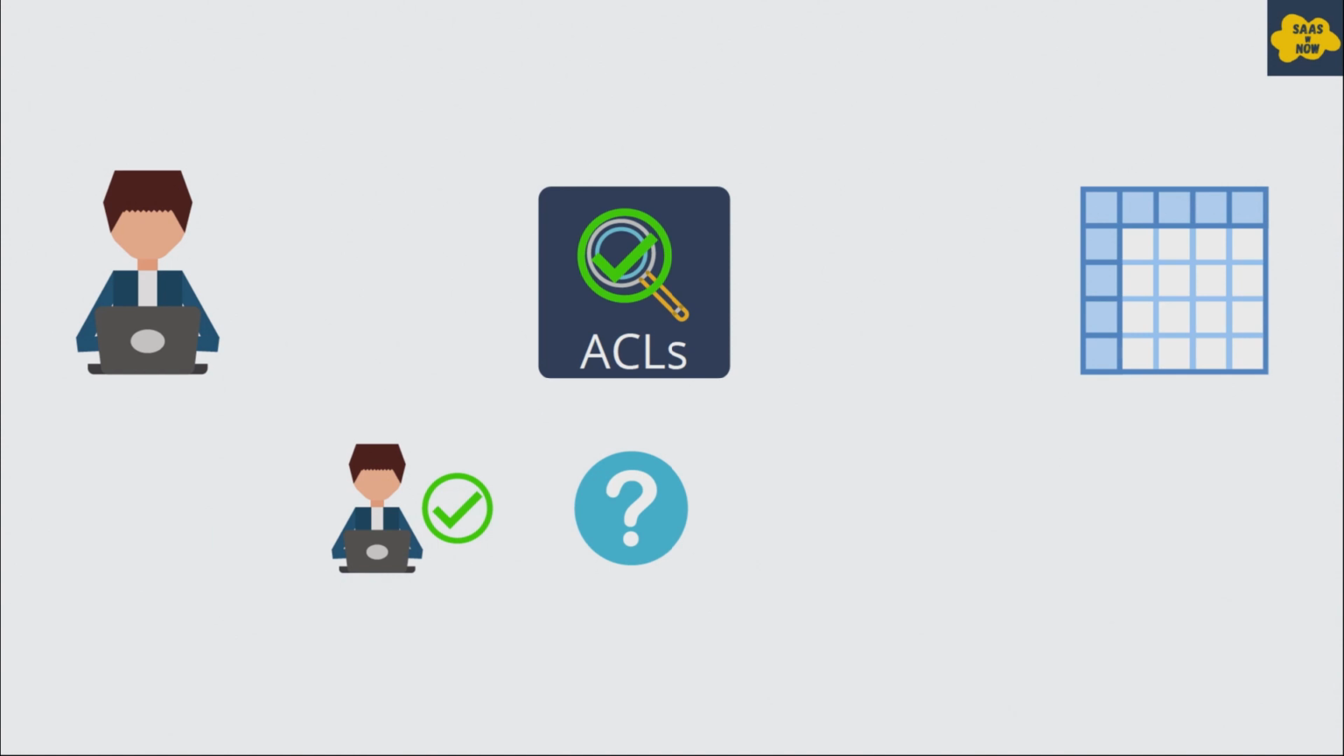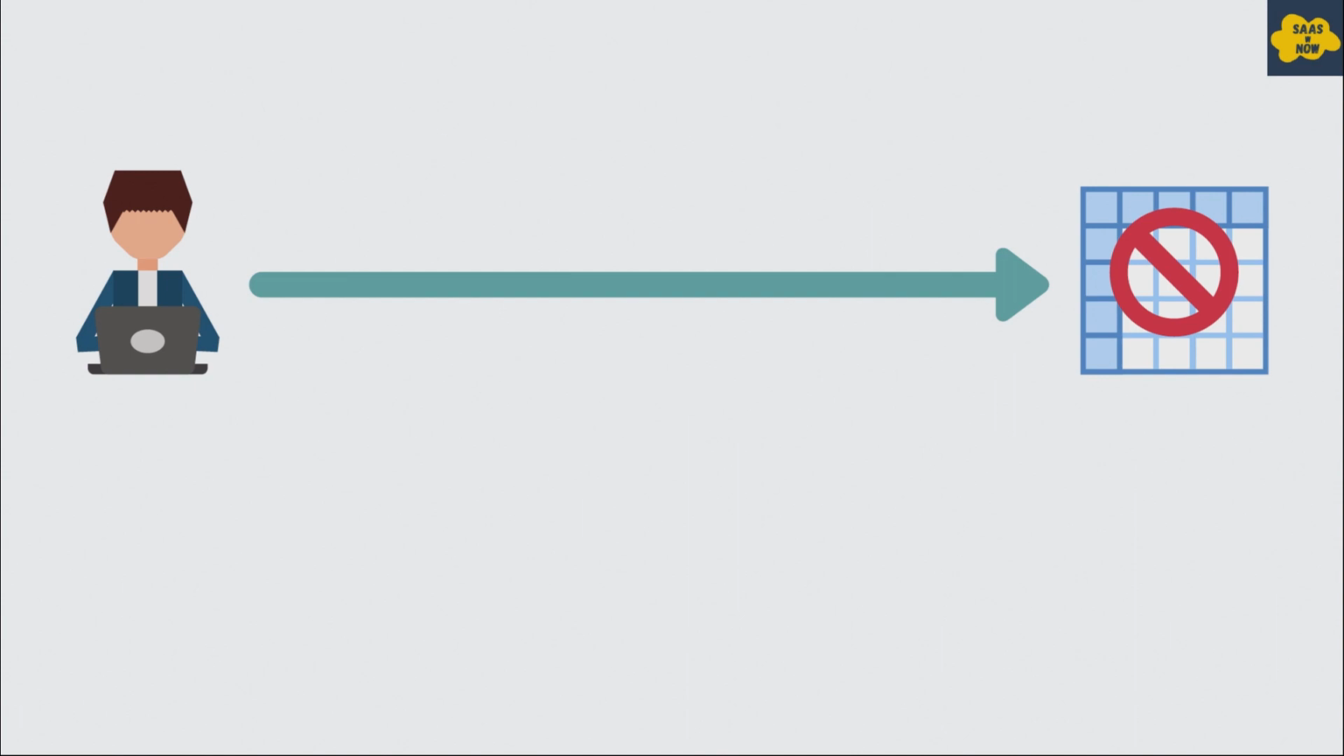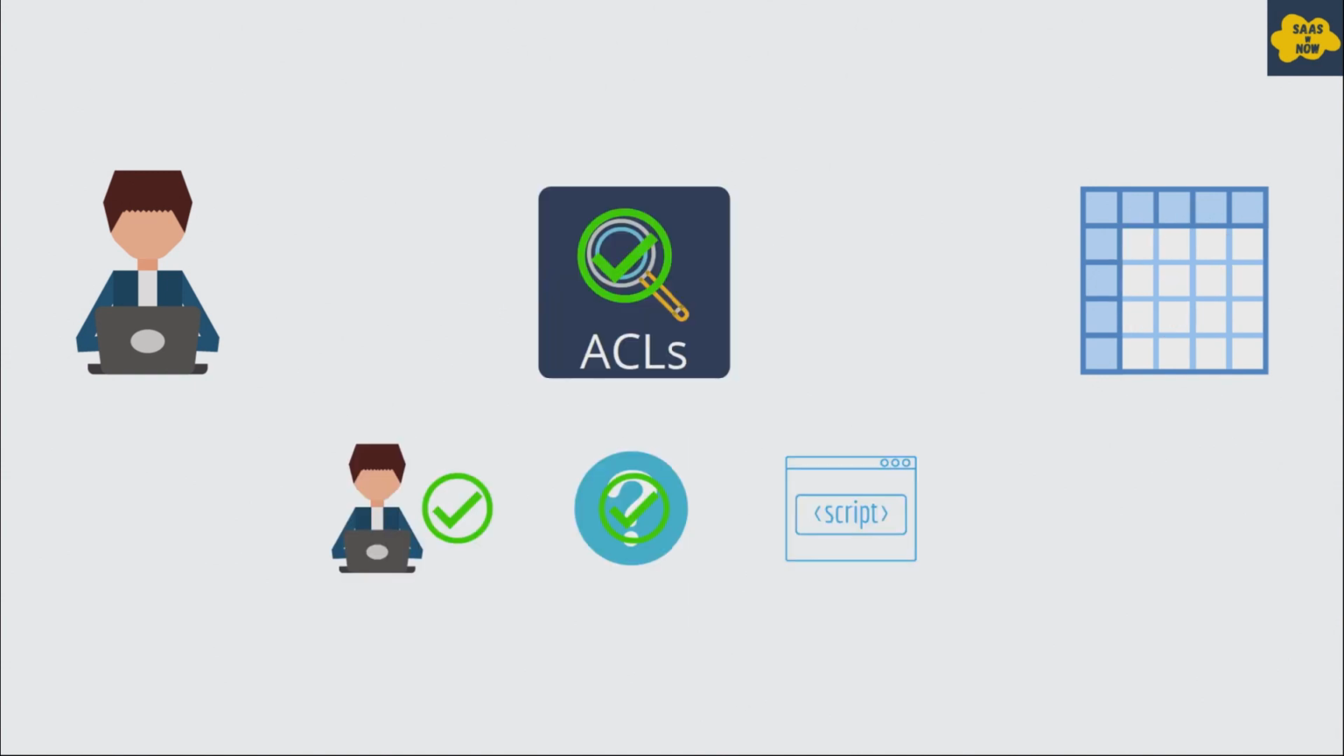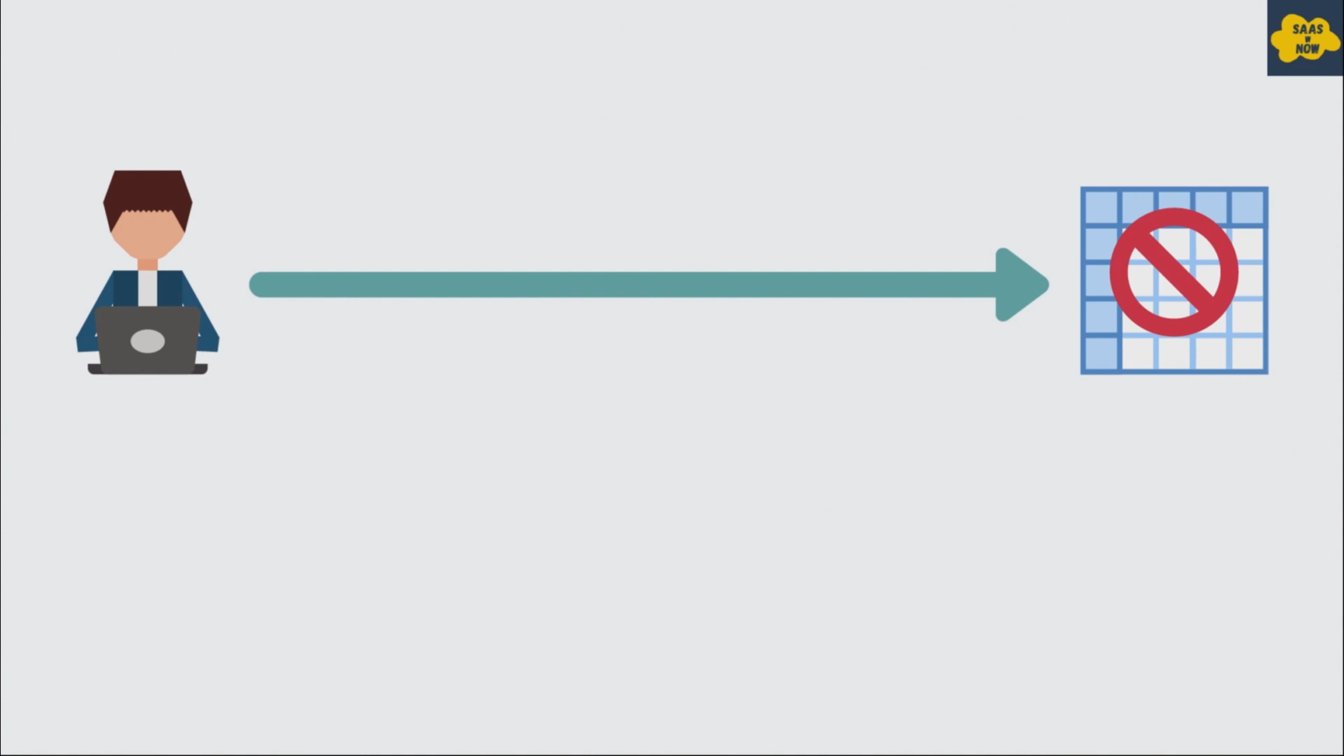That's another section. So it evaluates the condition mentioned in the ACL configuration. And if the ACL condition does not match, then the user will not be able to access the table records. The last evaluation is the script, in which the script logic is evaluated. And if the script returns false as per the logged in user, then the user will not be able to access table